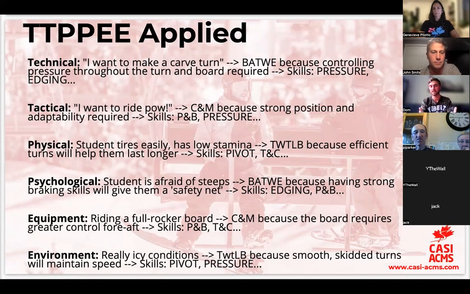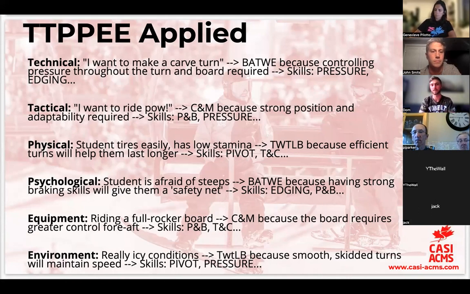And then finally, an environmental factor is that maybe it's a really icy day. And, you know, going into that day, you haven't even met your students yet. You're just walking off the bus, getting to the hill. And you're like, oh, it's going to be a tough day for the intermediates. You already know you're going to be working on turning with the lower body, because we want to smooth out those turns. We want to kind of glide across the ice rather than trying to fight it, right? So we want to make a nice, smooth, skidded turn to maintain speed rather than it constantly being accelerating and